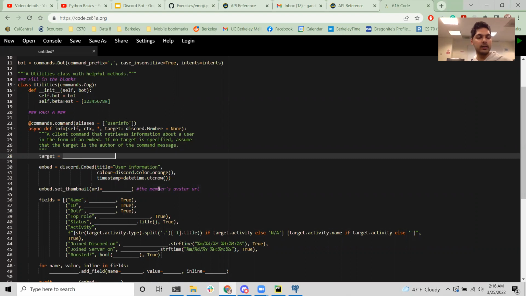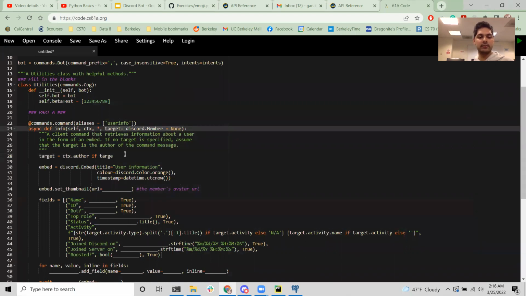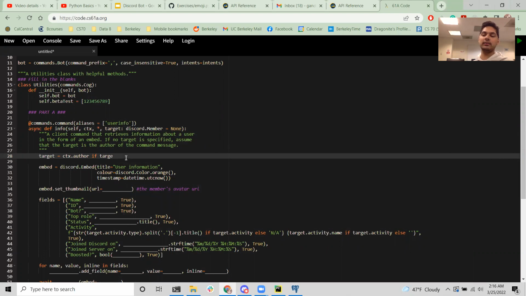So we can say target is equal to ctx.author if target, by default, if we don't specify the target, is None, right? So we're going to reassign the variable target to ctx.author if target is equal to None, else we're just going to set it equal to target.